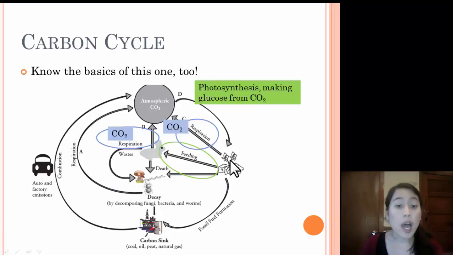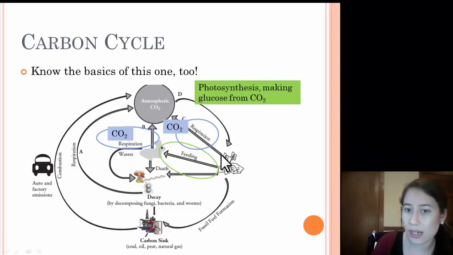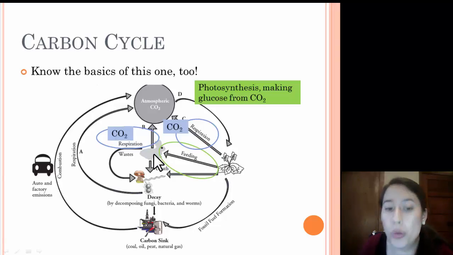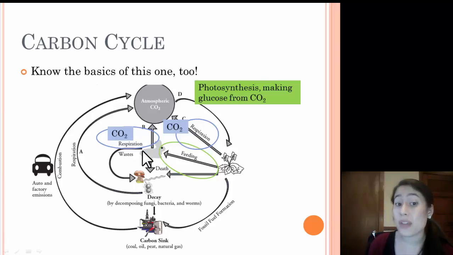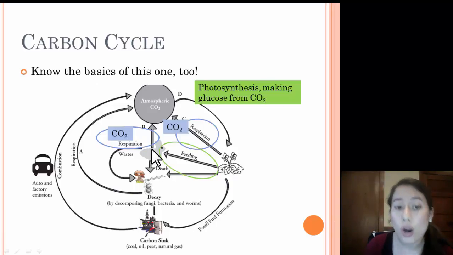When humans and other animals and insects eat those plants, we eat that glucose, which is why I have it highlighted here in green. The glucose that is made in those plants via photosynthesis, we eat, okay? Now, both plants and animals also do something called respiration. We exhale or release carbon dioxide into the atmosphere. So, the glucose that we have consumed, some of that is turned into carbon dioxide, and that is released back